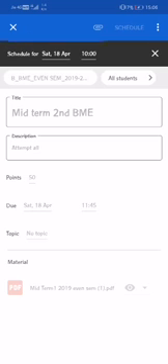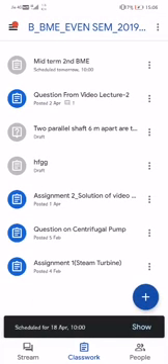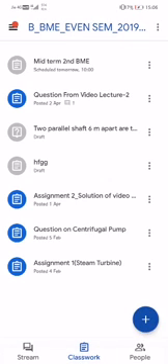After scheduling, you can see in the classwork at the top it is showing that midterm 2 second BME is scheduled tomorrow at 10 a.m. You can see this is not a dark section, it is a gray section, which means it is scheduled and it is not visible to the students right now. It will be visible to the students at the scheduled time, as per the timetable.